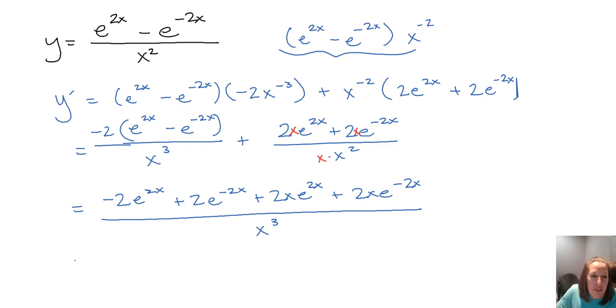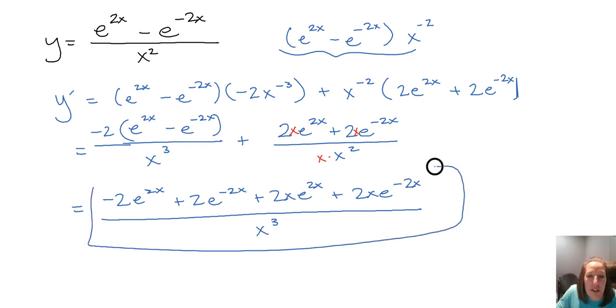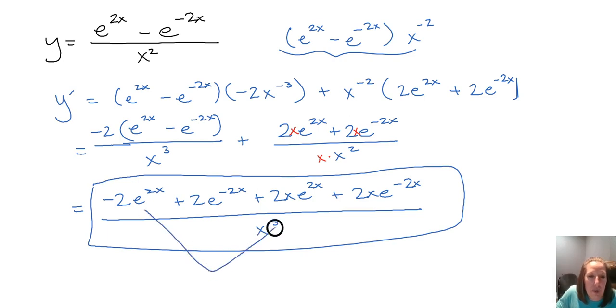So here we have a GCF of 2 if you wanted to factor that out, but it's not going to really benefit a whole lot. I'm actually going to just say that that is your answer. You could do some factoring. You could factor an e to the 2x out of these pieces. You could factor an e to the negative 2x out of those pieces, but it's not going to really help you a whole lot. And so I'm just going to stick with